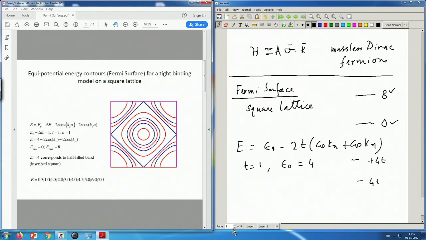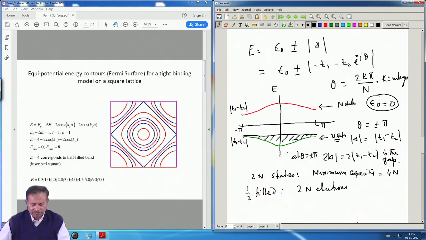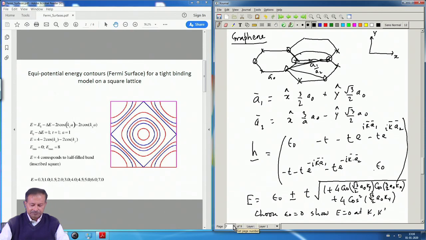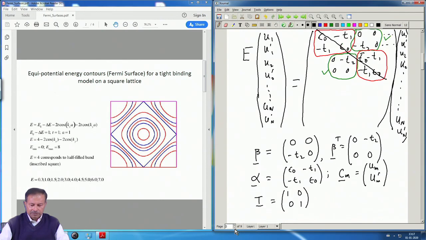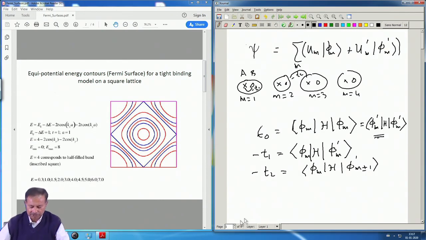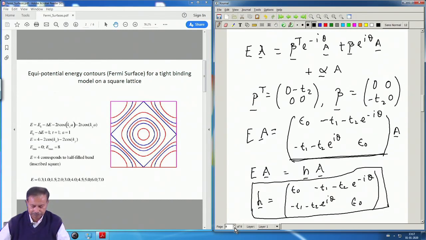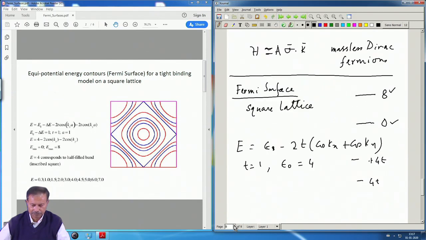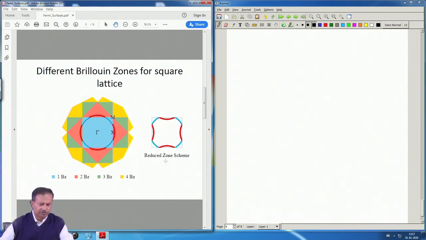The other thing that I emphasized earlier was this form of the 2 electron per unit cell band structure. Now, as you can see, suppose we started. So, let me draw it again. Let me just show you a bit more of the different Brillouin zones for the square lattice.